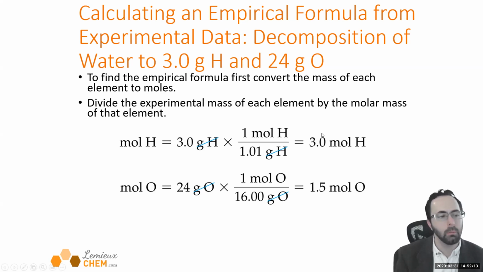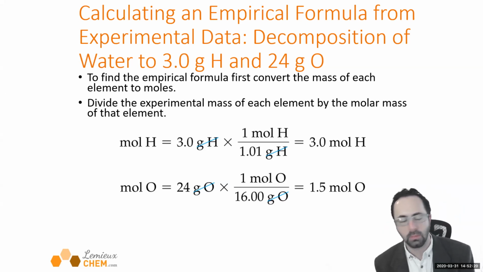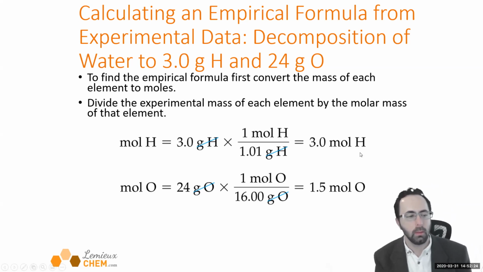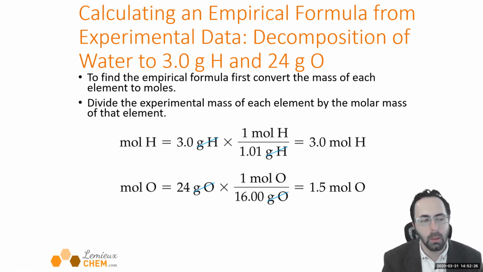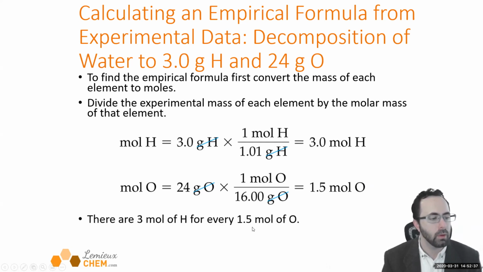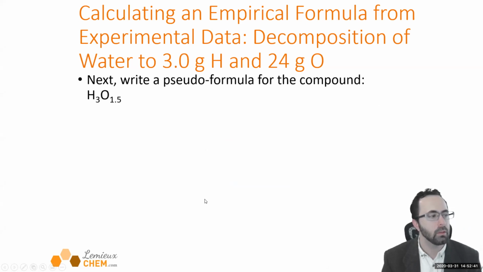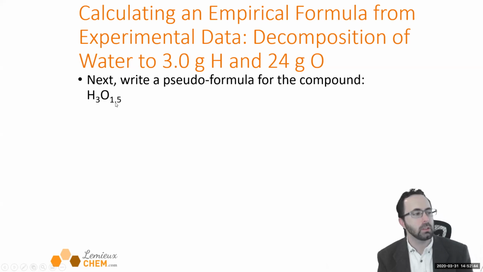Look at these nice numbers we get, 3 moles instead of saying 9.06 times 10 to the 23rd hydrogen atoms. It's much easier to say, oh, 3 moles of hydrogen atoms. So you might be able to tell right away, we have twice as many hydrogen atoms as we do oxygen atoms: 3 moles of hydrogen for every 1.5 moles of oxygen. The way we formalize this is we start by writing the numbers next to the elements,